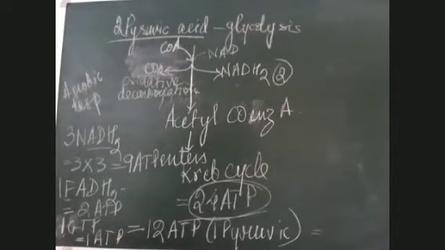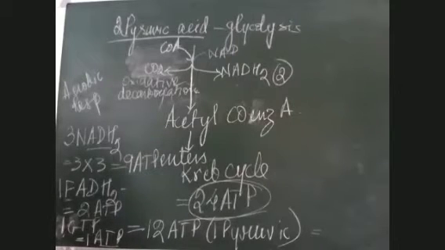One NADH2 gives you 3 ATPs. One FADH2 gives you 2 ATPs, whereas one GTP will give you only one ATP. It's the same thing; the energy currency is the same here. So this way, succinyl coenzyme A, then fumarate, malate are formed, and finally one molecule of NADH2 again is formed, which ultimately forms the oxaloacetic acid, the acceptor for acetyl coenzyme A. I have already told you this in the video I made yesterday.